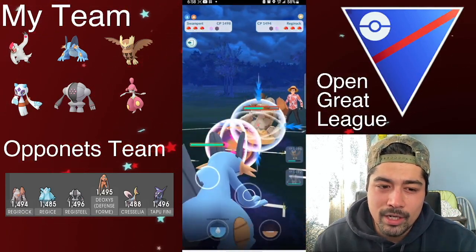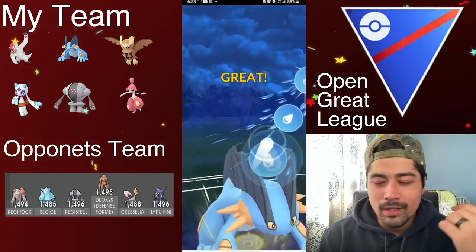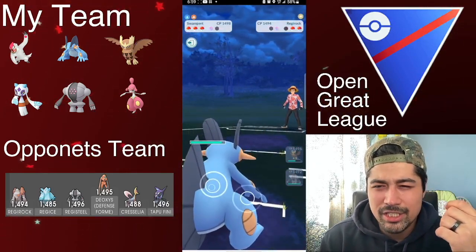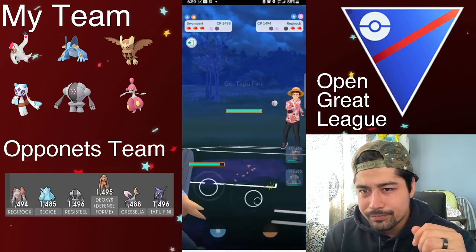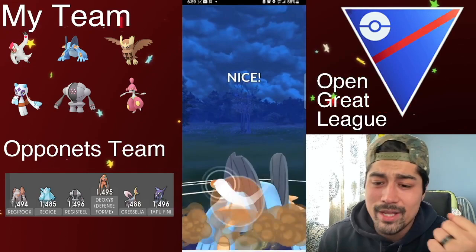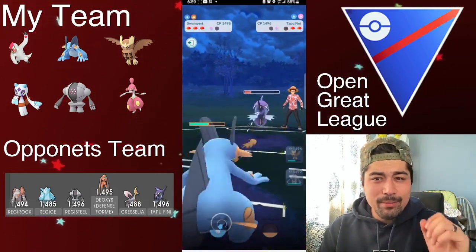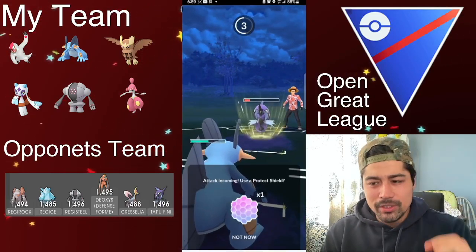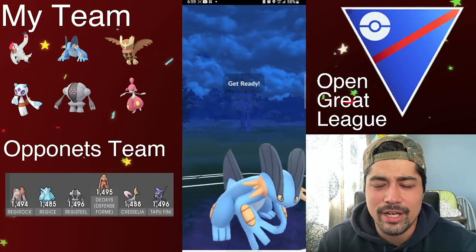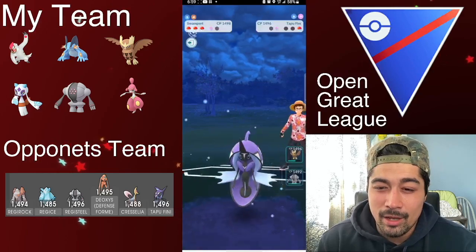I brought my Swampert especially for the Registeel that I was hoping to see, but I'm gonna be able to get this Hydro Cannon off before they get a move off, because I wasn't sure how much energy they had generated already. But now in comes a Tapu Fini, and we're gonna be able to outpace here to the Earthquake. Doing Earthquake to get the maximum damage off, and look at how much damage that does. Absolutely amazing. Now we can take a Surf, no problem. Gonna be able to get to this Hydro Cannon right before we go down. This is probably gonna be taking out that